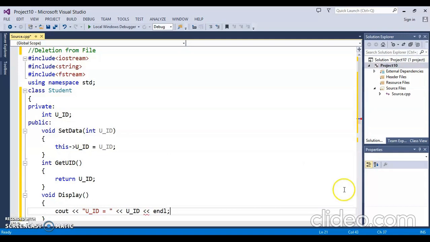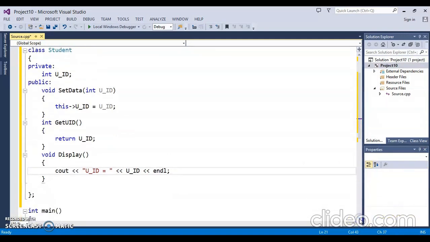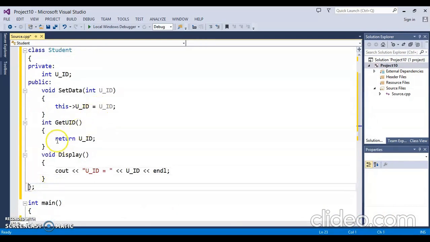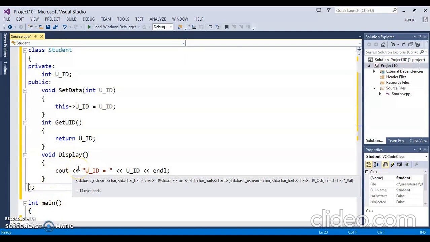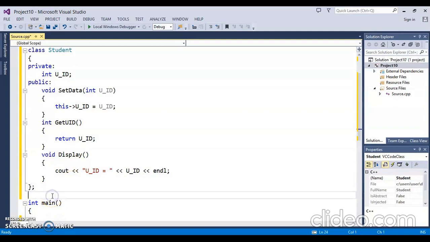So this is my simple class. Class name is student, and this class has one private member of type integer uid, and then three functions. One is to set the value of uid, then get uid, and then void display, just to display the uid. Now, just to read and write from the file, let's write some functions, read function and write function.